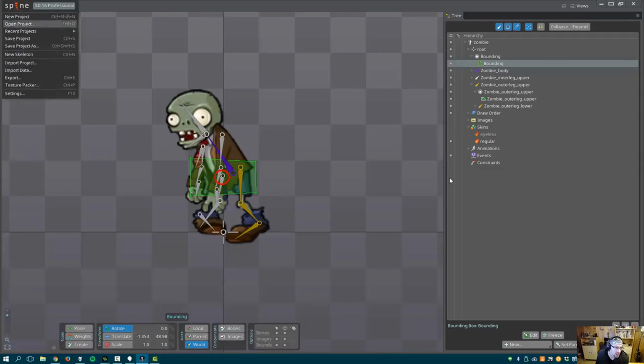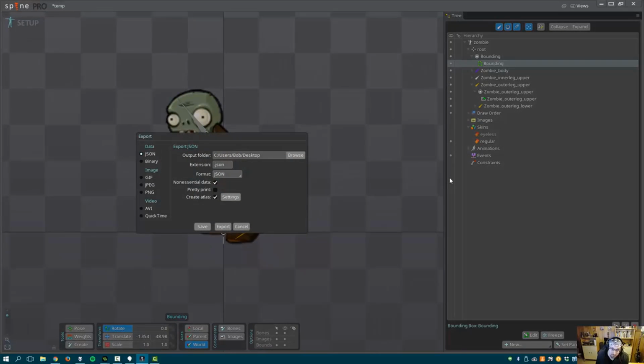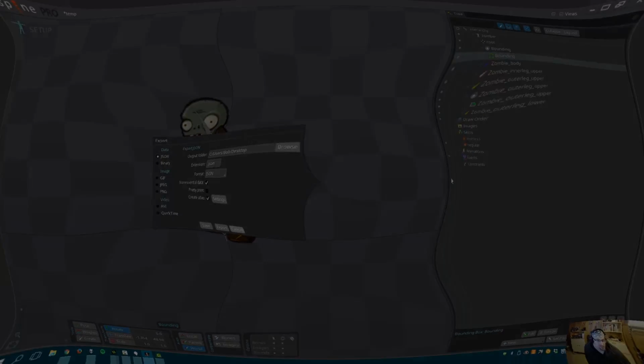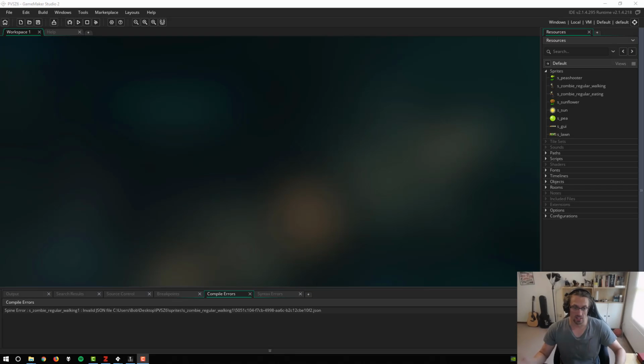And when you're done with all that, you basically do export, JSON, Atlas, and that's all you need. And you just export it somewhere, click the export button, and you're done. All right, with all that out of the way, I don't want to talk about how to put stuff together in Spine because I haven't done that in ages. But I